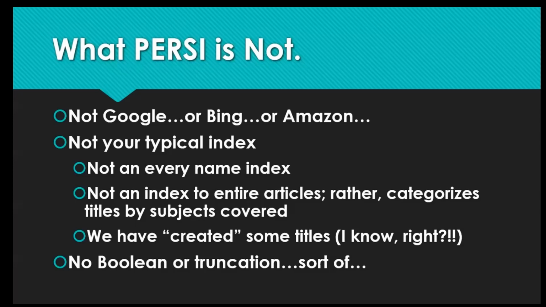What do I mean by that? When people hear index, they automatically, I think in most instances, jump to it's an every name index. I'm going to type in England, Shook, Jones, and get everything. Everything, even if it's just a little mention in an article. And that's where I have to pause again. It's not an article index either. So it's not an every name index. That's why we call it the Periodical Source Index.